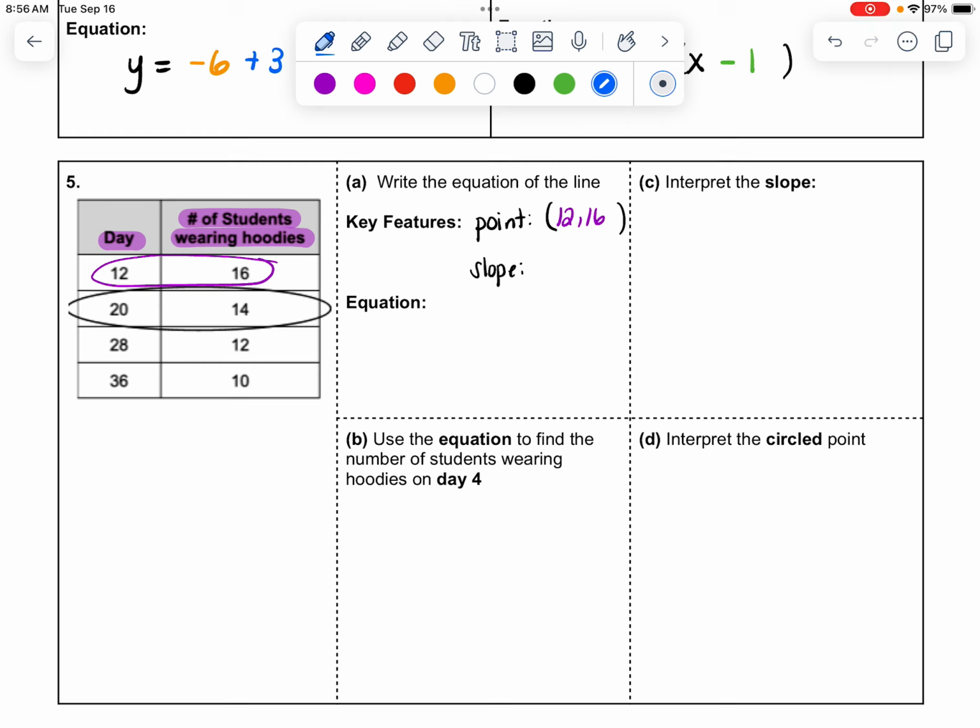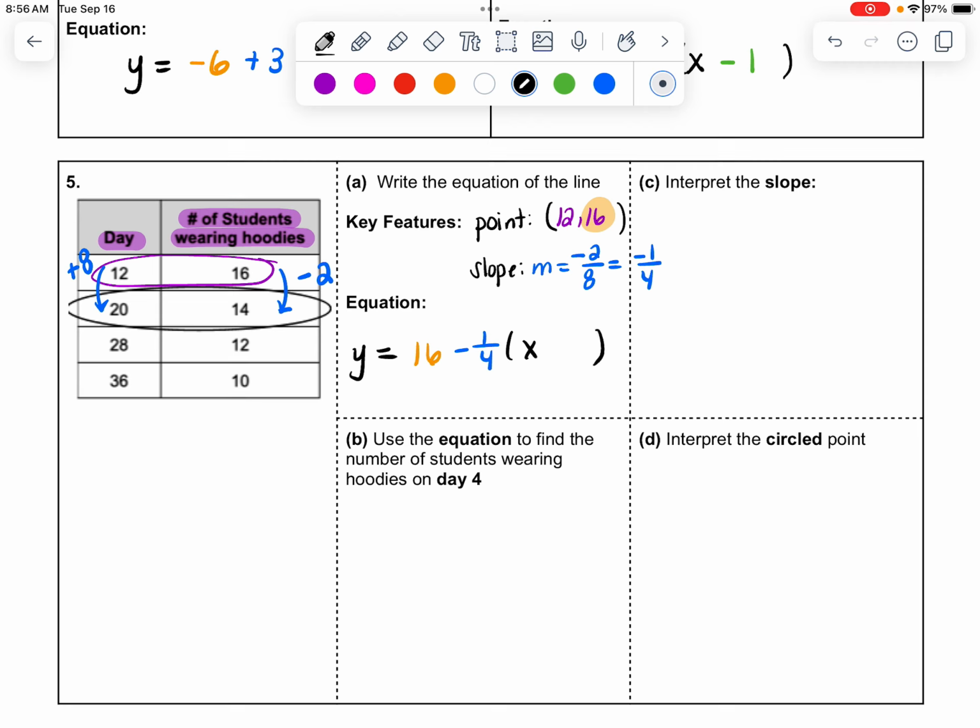My slope I need to find by finding the patterns in the table. On the right-hand side, the numbers are going down by 2, and on the left-hand side, the days are going up by 8. So my slope would be -2 over 8, which on my calculator simplifies to -1 over 4. Then I can write my equation. Y equals, and then we start with the y number, which is 16, and then the slope number, which is -1 over 4,